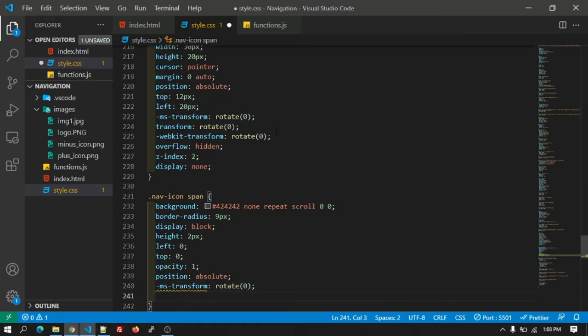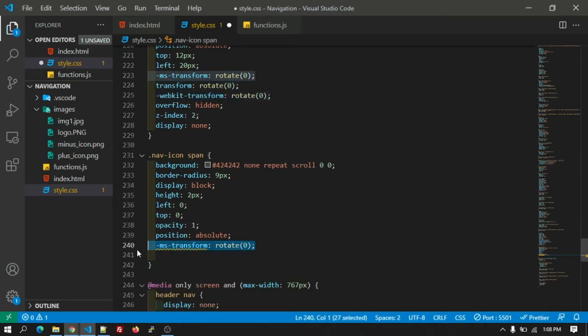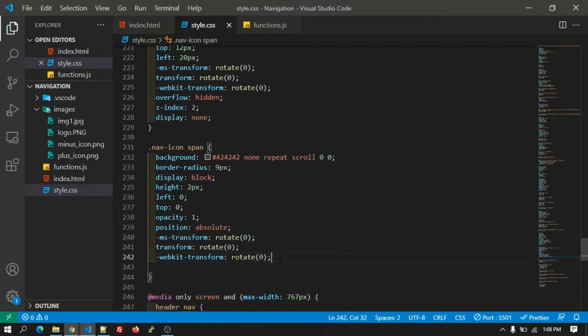So let's copy all these things from the nav icon. Let's paste it over here.